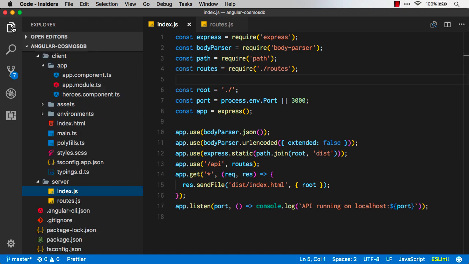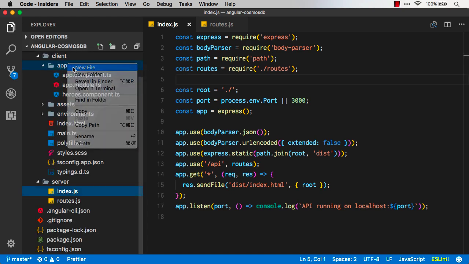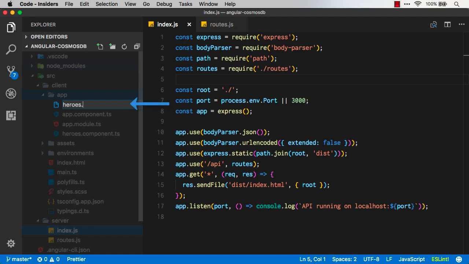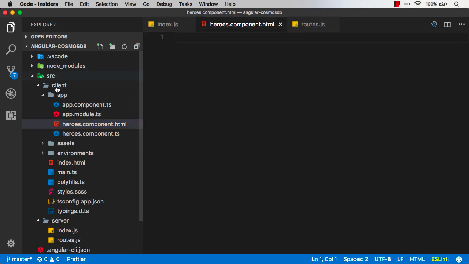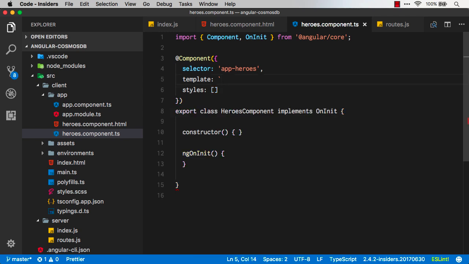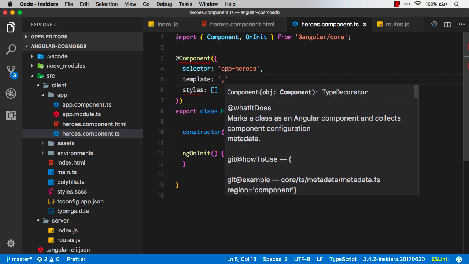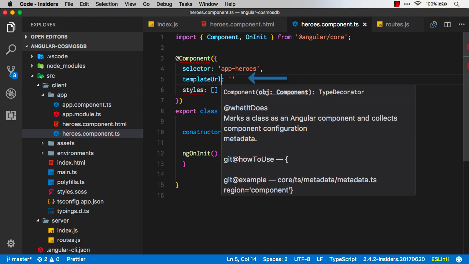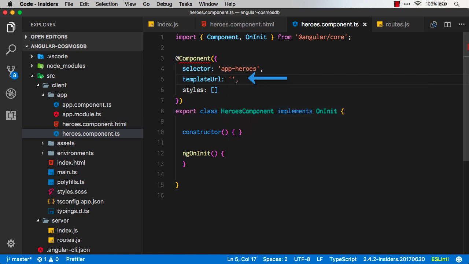Now that we have our heroes component, what I want to do is create a new file for the heroes component HTML. Because I did minimal, it was going to put the HTML in the same file as the TypeScript file, but I want to actually break this one out. So I'm going to create a file here, and then go to my TypeScript file where it says the template. Instead of having the inline template, I'm actually going to put in the template URL. So up here, I'll change it to templateUrl like this,